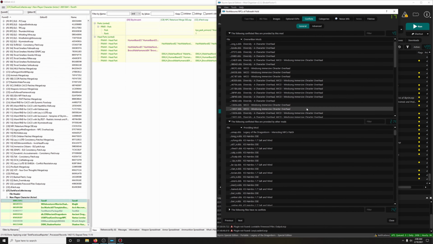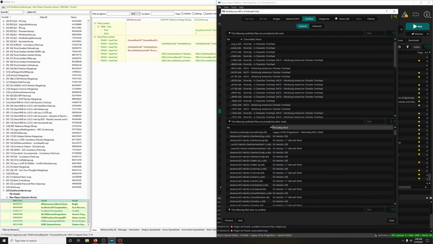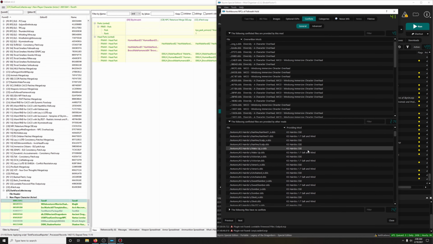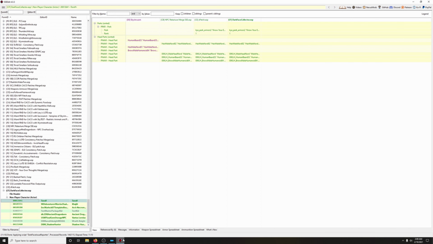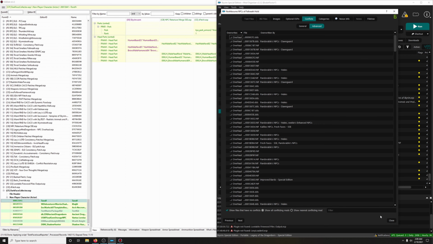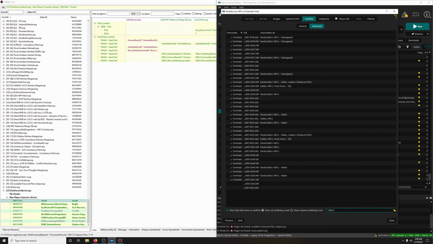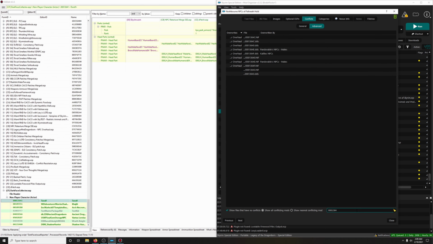Let's look at general. What's being overwritten? Okay, so I'm going to type in the form ID for Torolf here. So 1, 2, 3, zeros, 1, 3, 6, 4, 1. He's not showing up here. So if this is not showing up at all, that means there's no conflicts for it either, which probably means